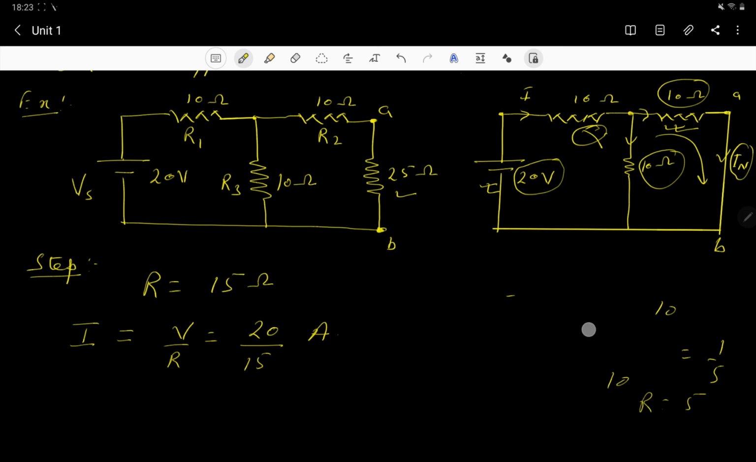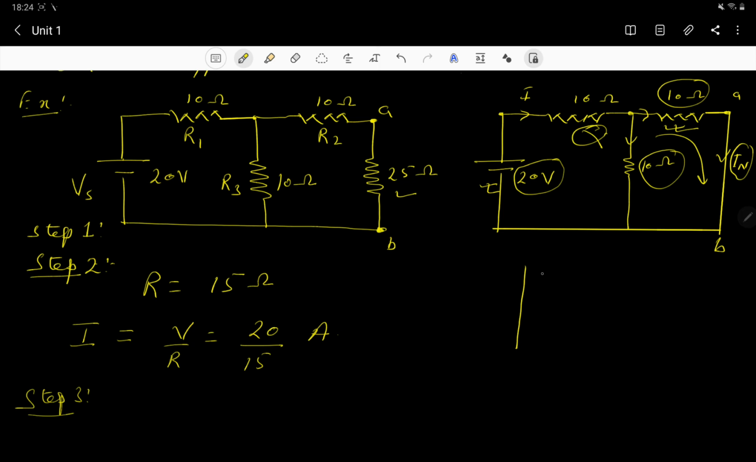So from here we have found out the total current. This was step number 2. As we are able to find out the total current, now we can go to step number 3, the total resistance across that. So for finding out the total resistance, we need to